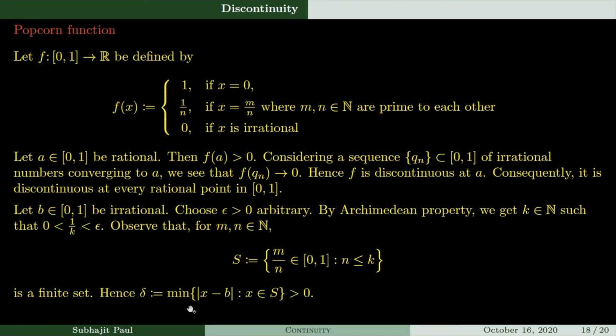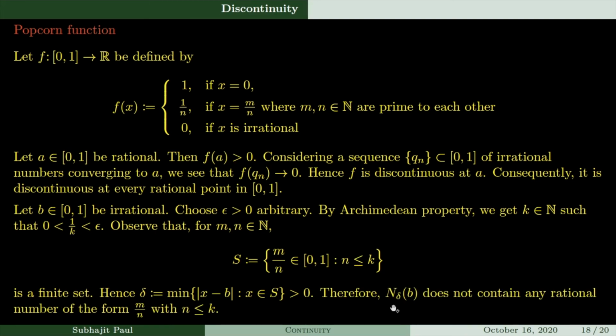Now this delta is the minimum of the quantities |x - b|; there are only finitely many points, so I am talking about finitely many quantities over here. Definitely b is not in S, since b is an irrational number and S is a subset of the rational numbers. So |x - b| is strictly positive, and hence this delta is strictly positive. This is the distance of b from the set S. S is determined by the chosen epsilon and this k, which you get by